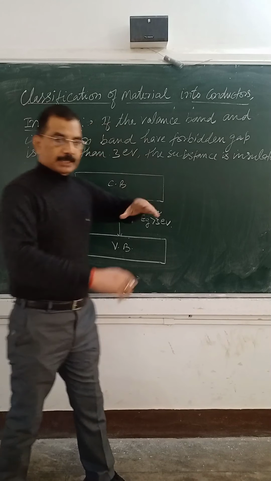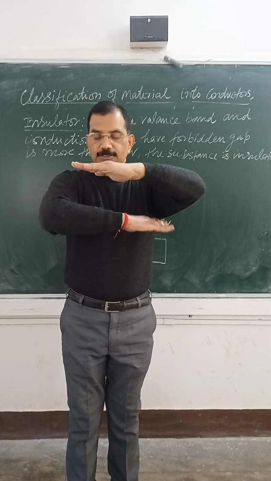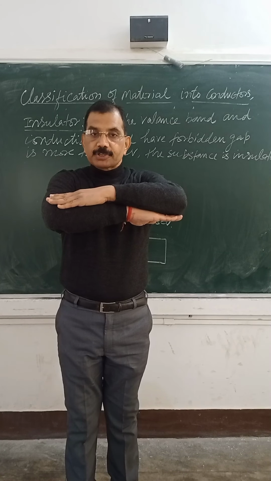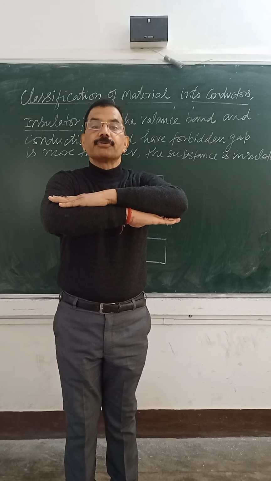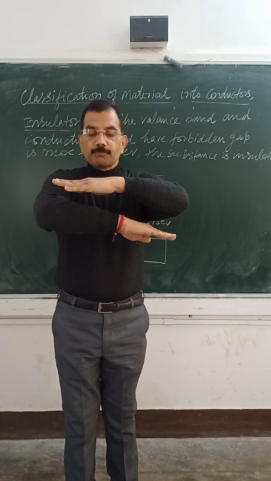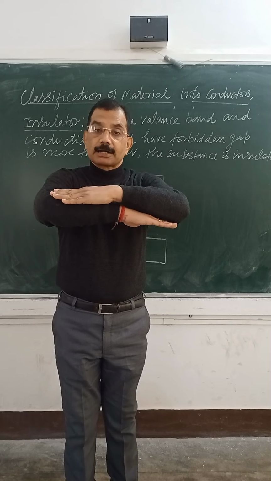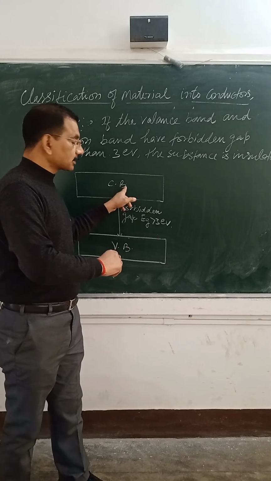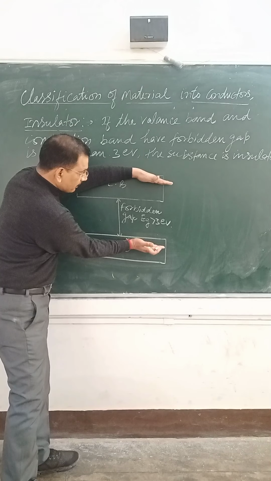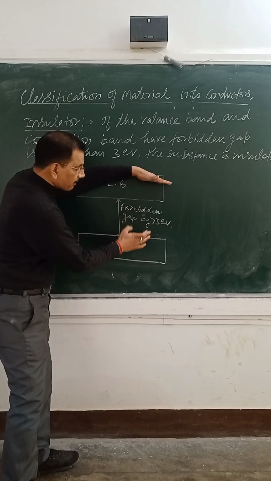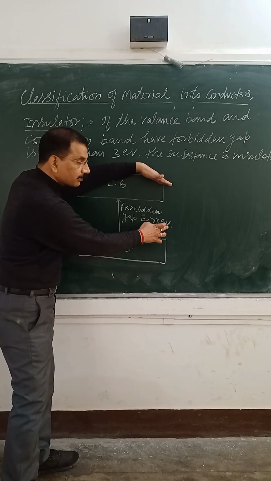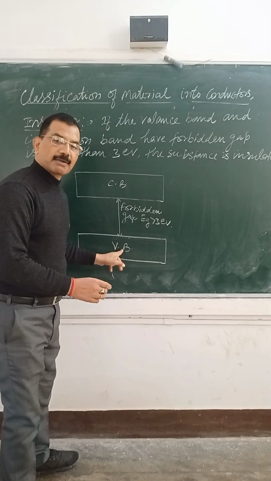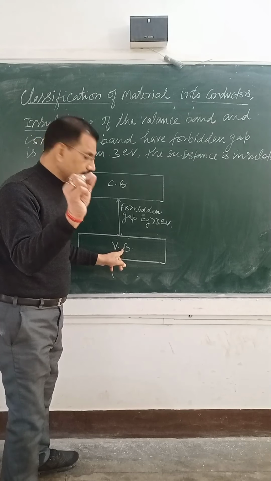So simply, in the case of conductor, valence band and conduction band overlap. So the gap between them, which is called forbidden energy gap, is zero. So easily electrons move from valence band to conduction band in conductor. But in insulator, the separation between valence band and conduction band, this forbidden energy gap, is more, and if it is more than 3 electron volt, then no electron or very few electrons will move